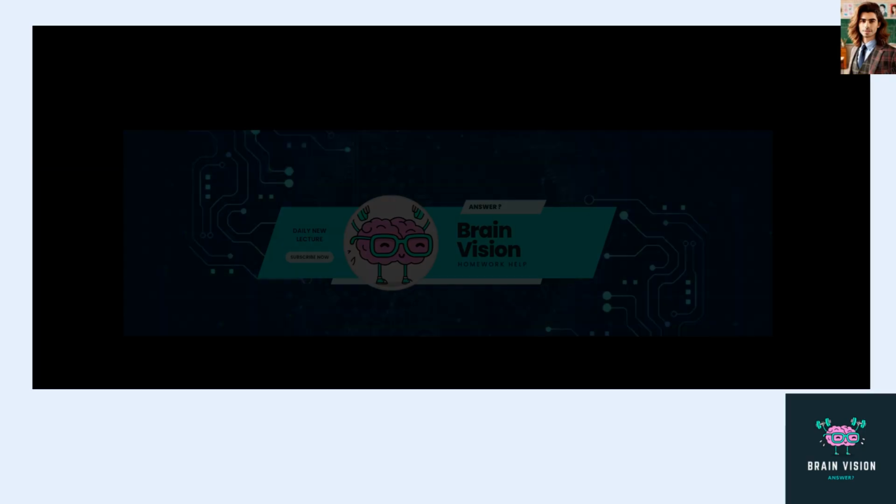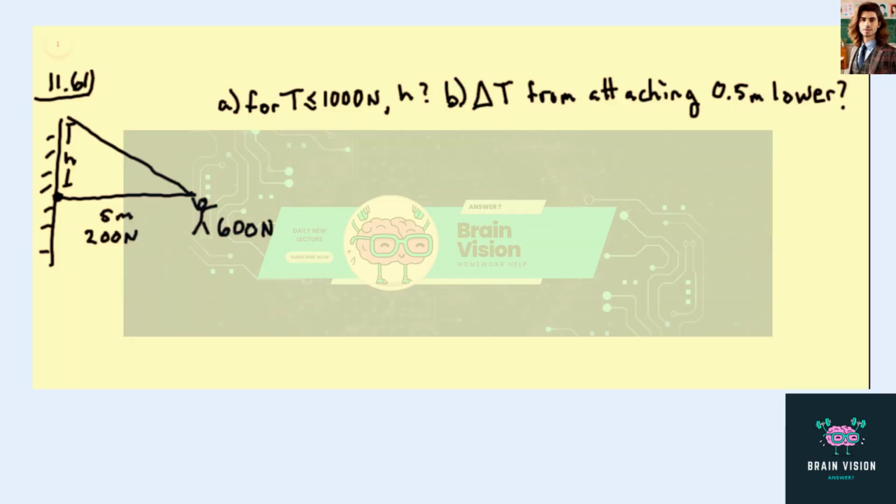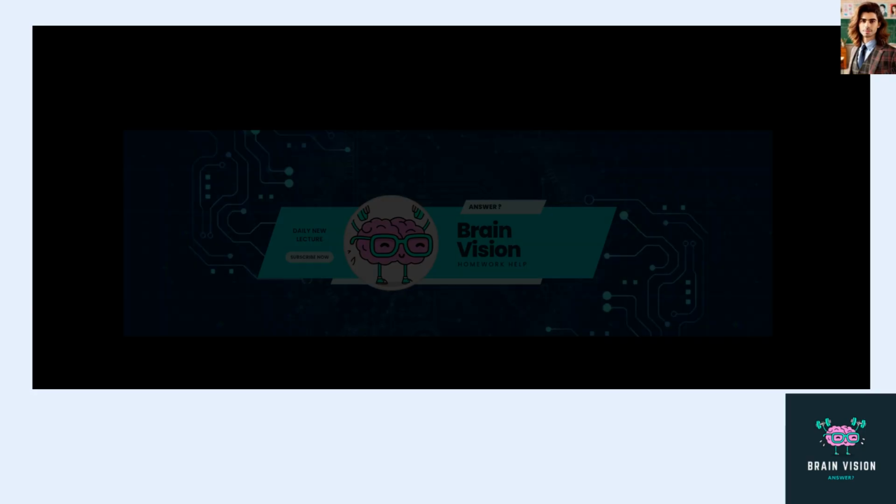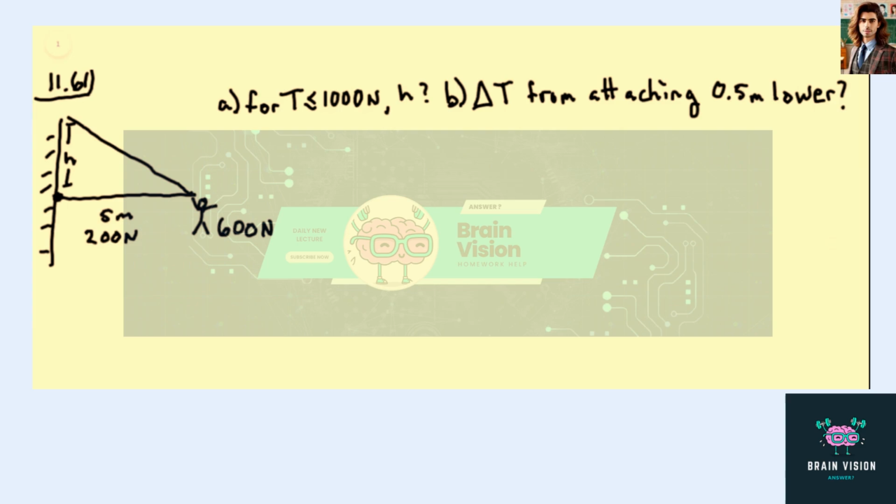that for part A, we want its tension to be at most 1,000 newtons. To find, we need to find what the height above the hinge has to be. And then if we were to move it 0.5 meters lower, what would be the change in the tension? So